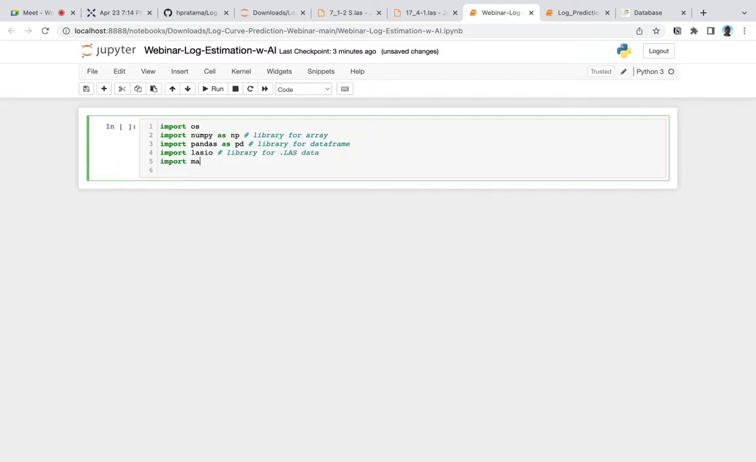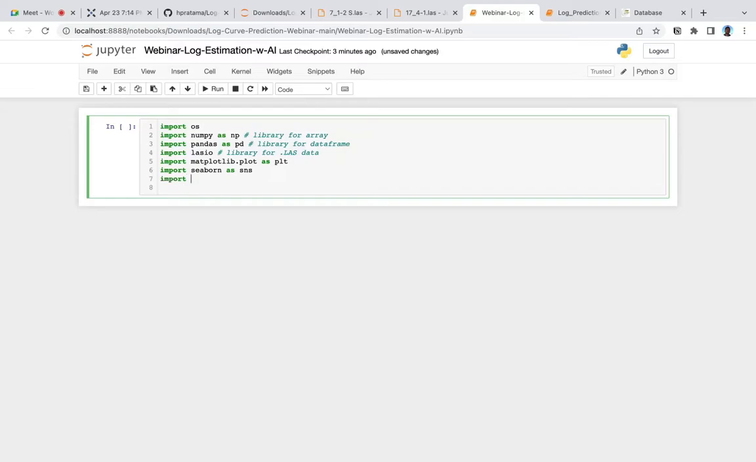Import matplotlib to plot the data and visualization. Import Seaborn for visualization also. And then we import scikit-learn, sklearn, linear regression,